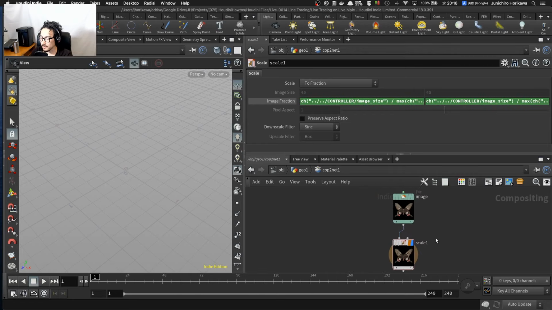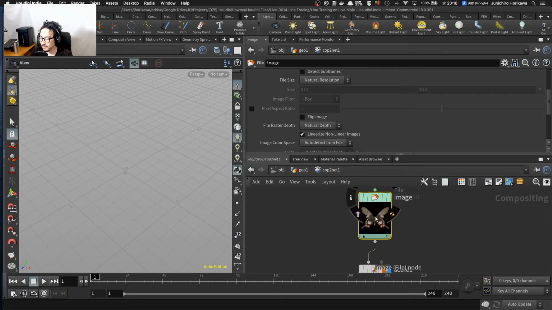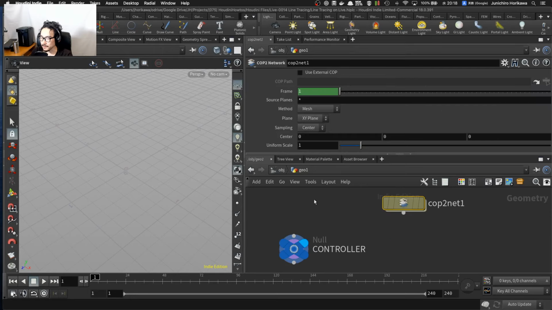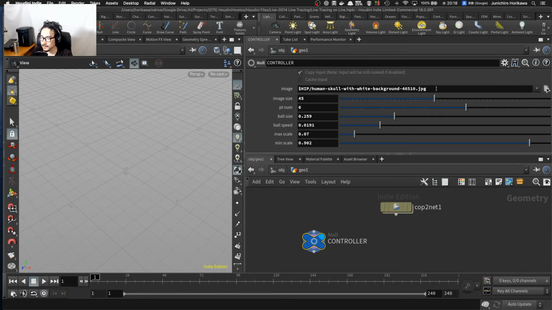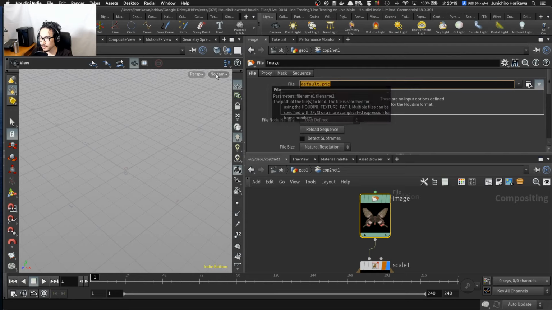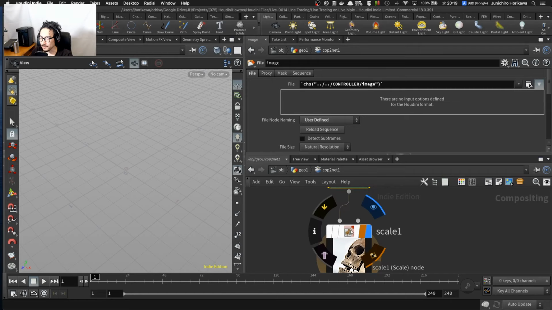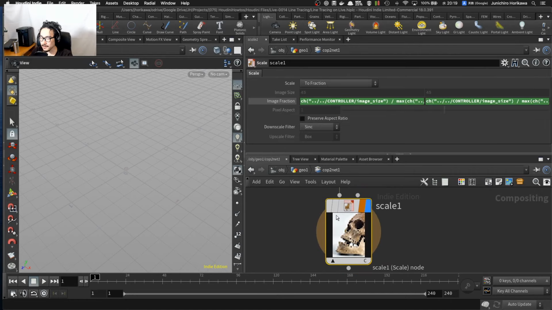here. Now it's hard to see the difference because this is a square image, so let's change this image that I'm gonna import into the one that I want to use, which is this one. So let's copy this parameter from the node controller and go back to the cop2 network and paste the parameter here and the file parameter channel, like this. Now the skull has been imported, and even though the aspect ratio is different, the width is a bit smaller than the height, the image fraction is calculated correctly and made the image size,